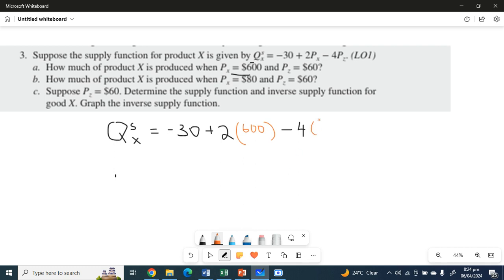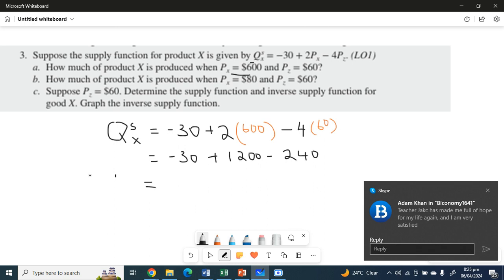So colleagues, let's get our calculators. So you're going to have negative 30 plus 600 times 2, you get 1,200. 60 times 4, you get 240. So negative 30 plus 1,200 minus 240,